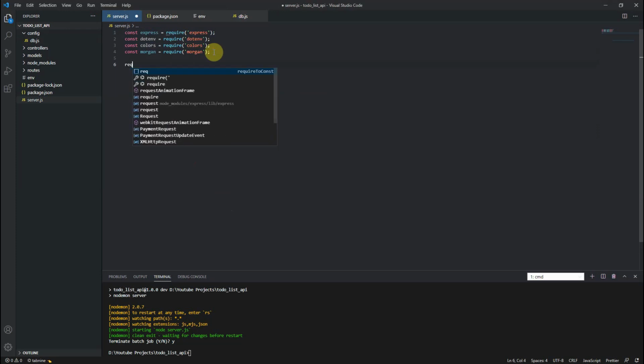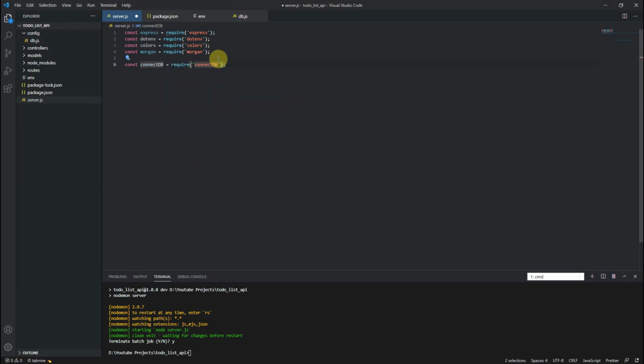So require connectDB. Then we need to give that path. Where is that path? Yeah, in the config folder, then db. Okay, I think it's done.